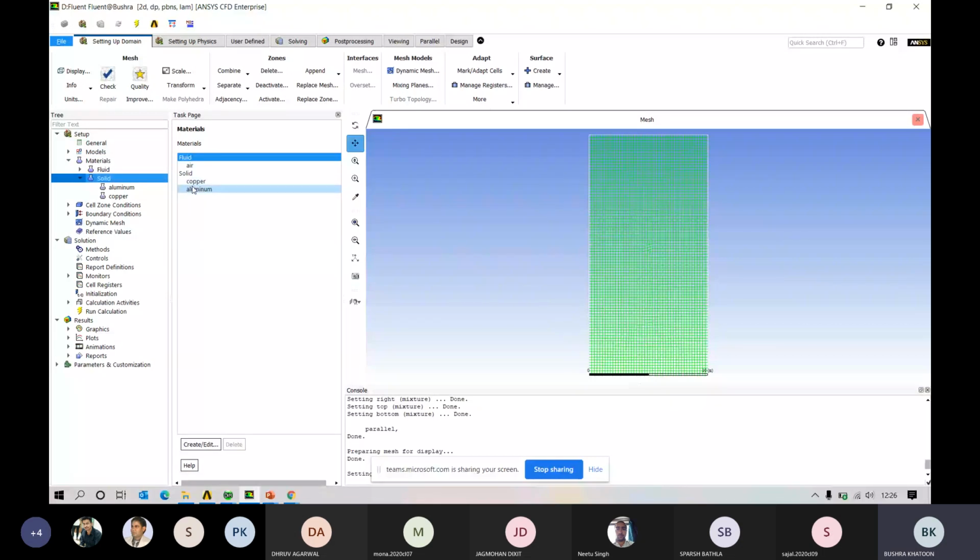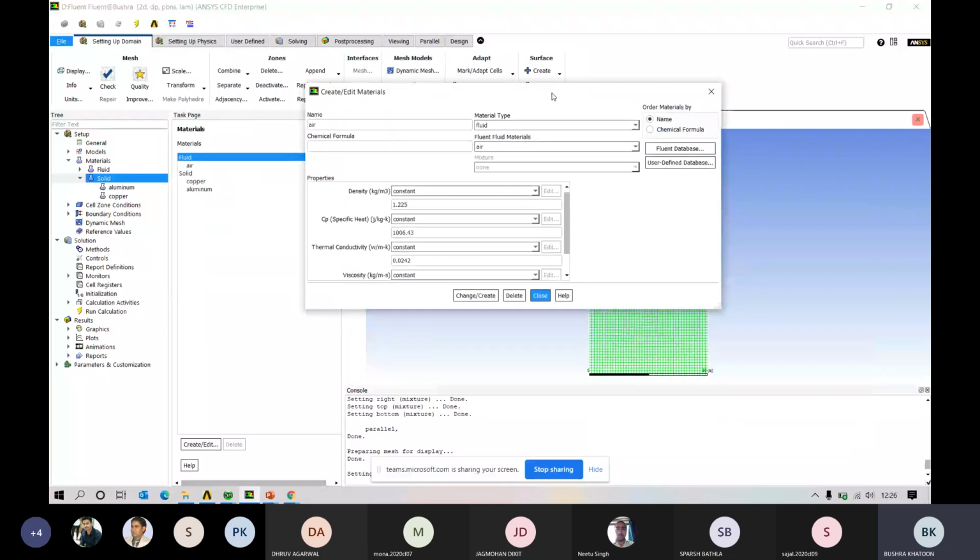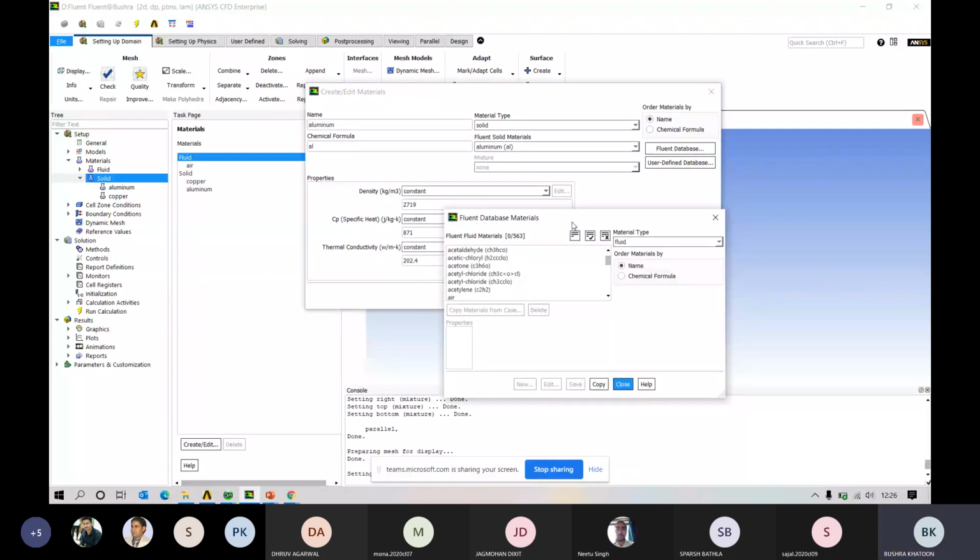Here already, because I have already created copper, but you want to replace it, we can choose a different material. Copper is already generated, but if we want to change it, we are working with the solid, so first we have to select solid and go to Fluent database. Okay,